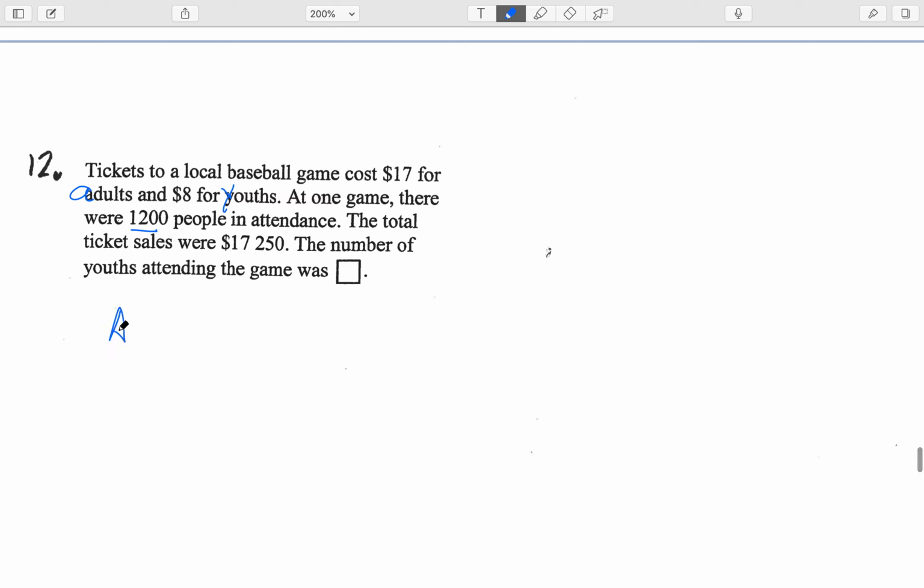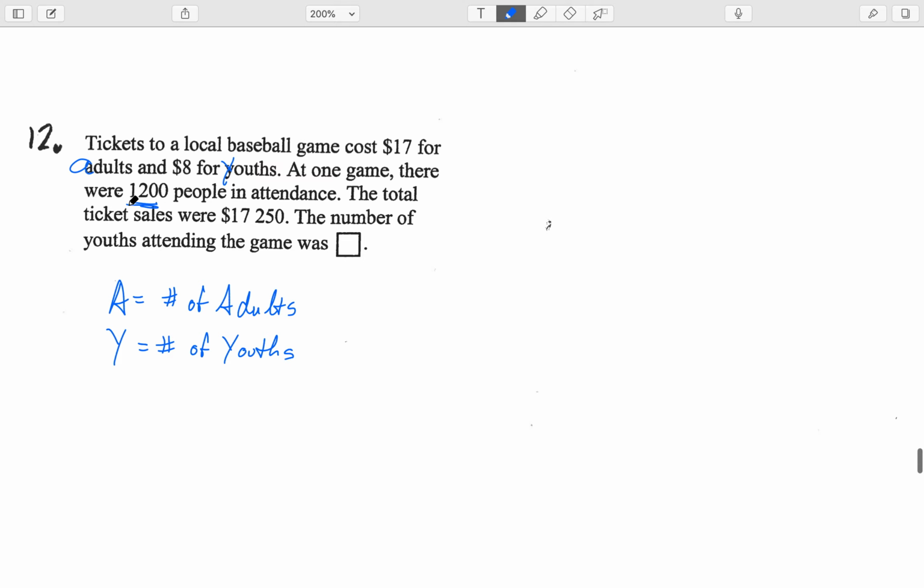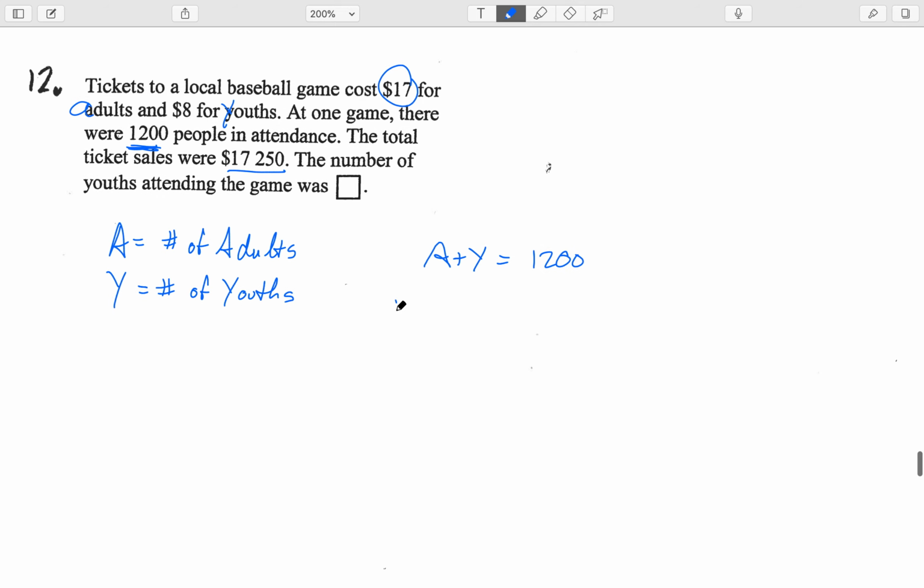So if I'm going to say A equals number of adults, adult tickets, and Y is the number of youth tickets, youths. 1,200 in total, so I know A plus Y should equal 1,200. That's an easy equation, right? A total. The harder one is the money one. Okay, but let's see. The adult tickets are $17. So $17 for an adult ticket plus $8 for a youth ticket is equal to, whoa,